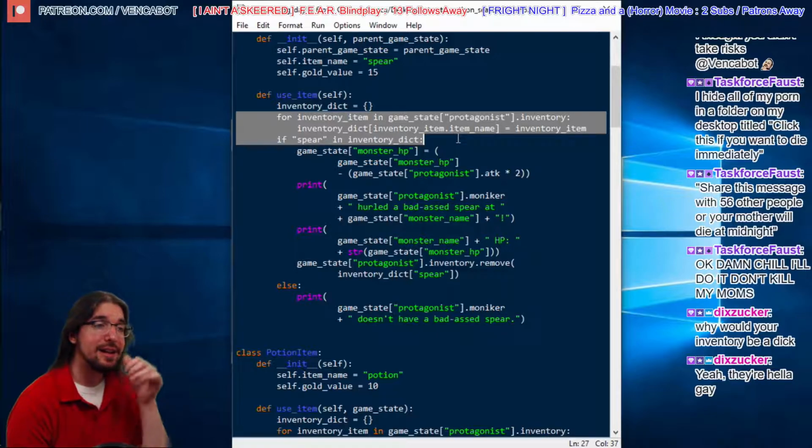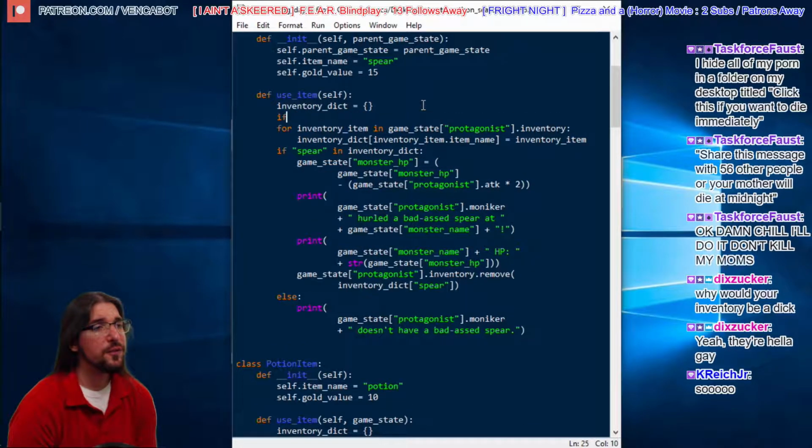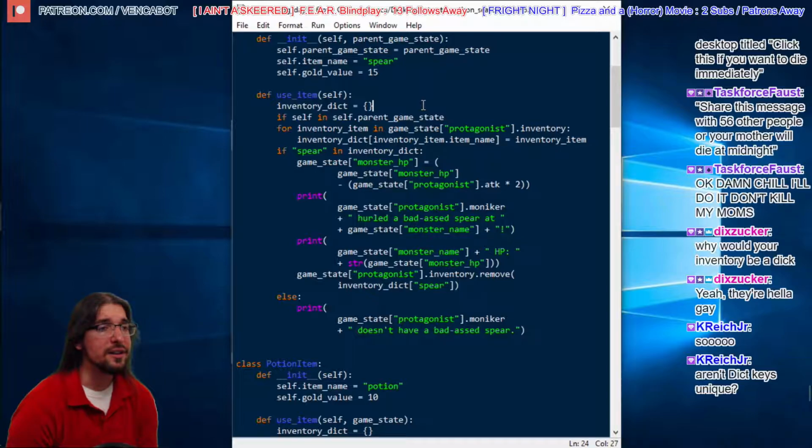All we gotta do really is just find out if, yeah, we can say self. All we gotta do is say if self in the self.parent game state. Well, I'm gonna make a new alias. That's really long. If I say parent game state, protagonist